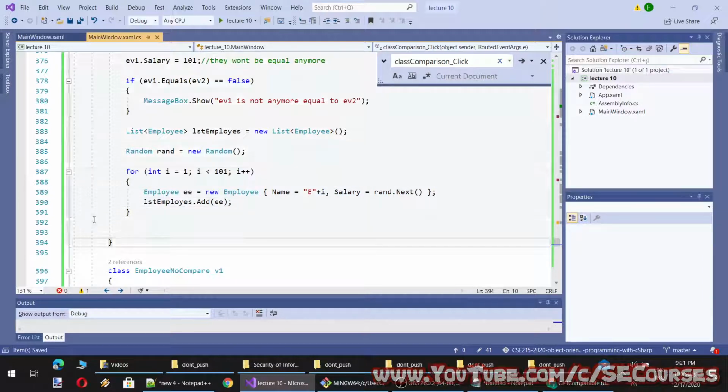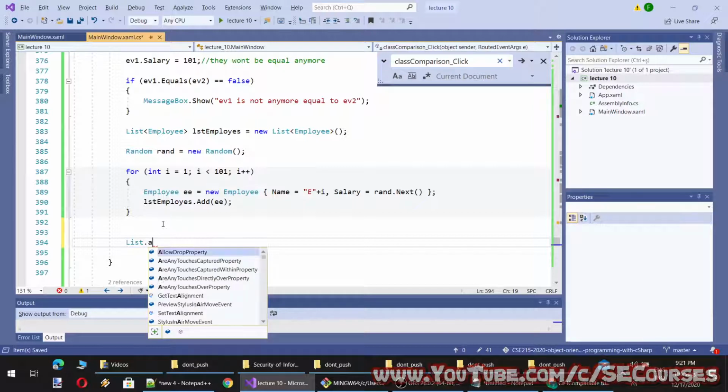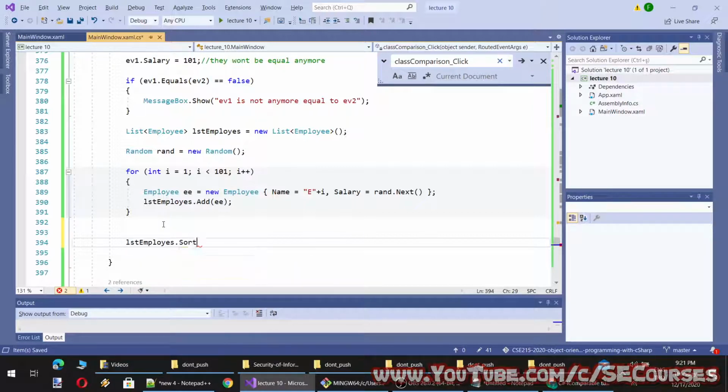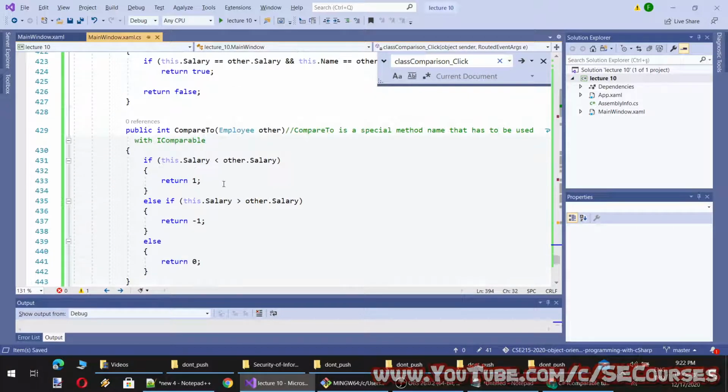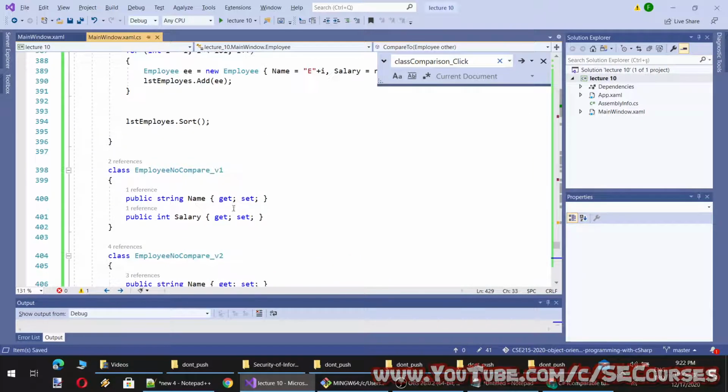Let's sort them. How will we be sorting it? We will sort it with list.Sort, I think, yeah, this way. So since we have implemented IComparable CompareTo, we should be able to sort it.